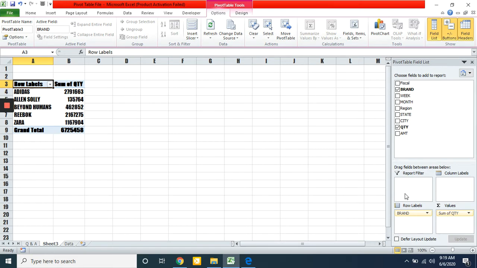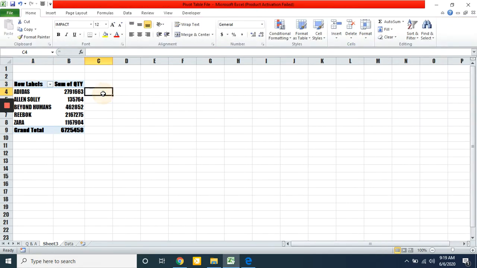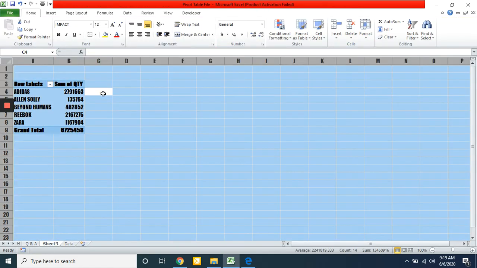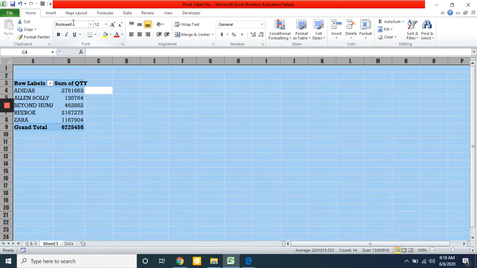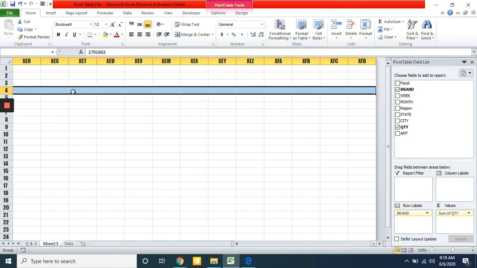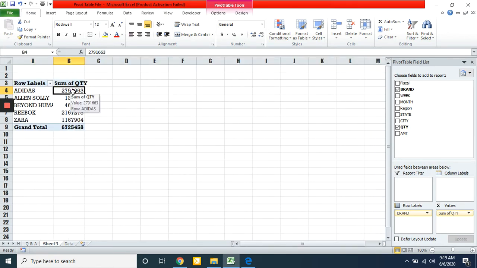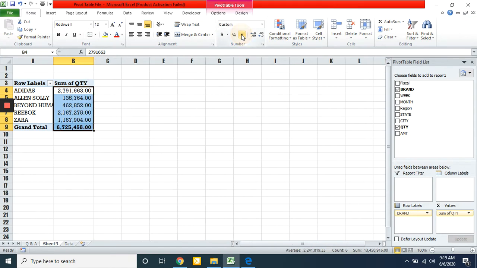Let us do some sort of formatting over here because the font color is not that nice. Press Ctrl and A, and under Home tab, click on Font, and let us choose Rockwell. Once I choose Rockwell, you can see this is my proper format. Now let me even put my quantity in proper number by putting the comma in between the data,